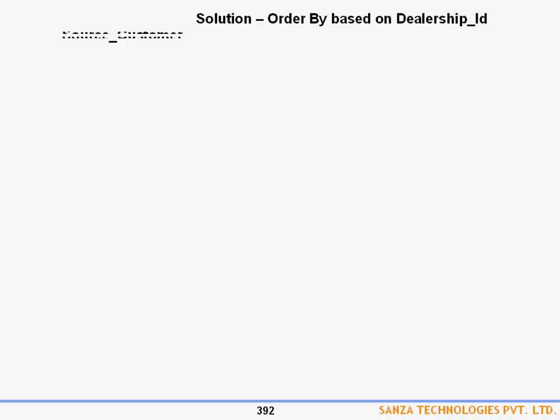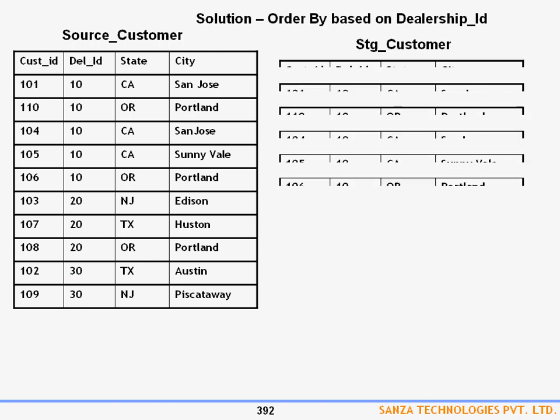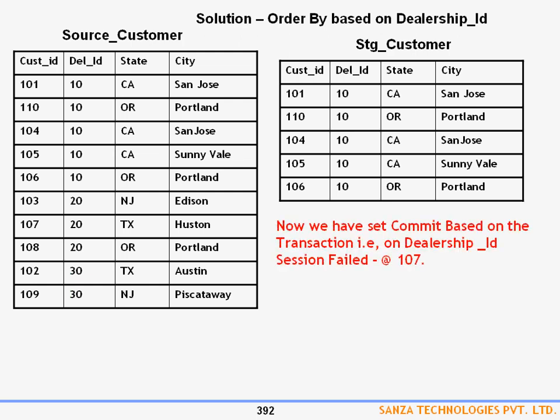So, you fetch the data order by dealership ID, and you extract the data from the source. Now you load the data into the staging table. Now commit is based on a transaction change on dealership ID, meaning whenever the dealership ID is changed, we will commit it. So after 106 records are loaded,